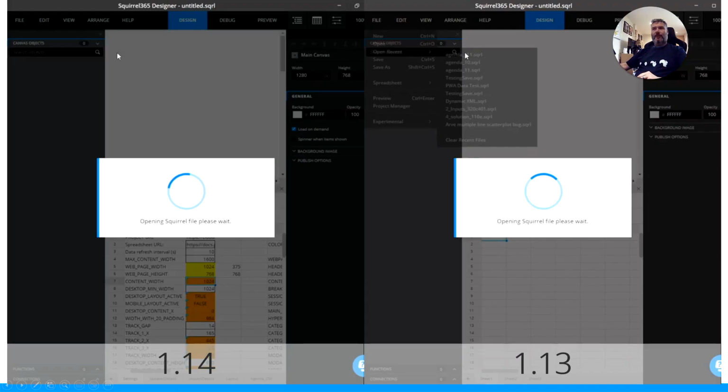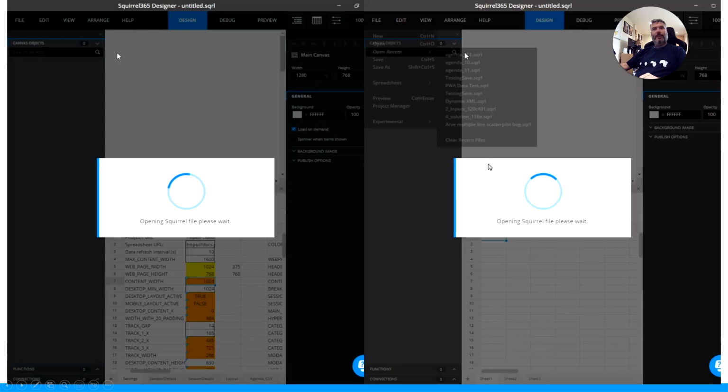So I've got a side-by-side video of it in action. On the left-hand side here is 1.14. So this is the new Squirrel coming out this week. On the right-hand side is 1.13. So this is what is currently live. And so all I've done is I've paused the video where I've gone File, Open Recent, and I've selected the application. You can see here in a minute how many components there are. Left-hand side 1.14, right-hand side 1.13. So if I now play the video,